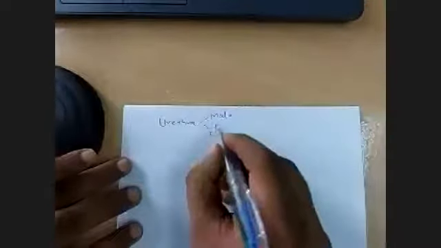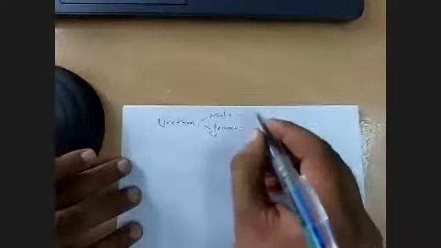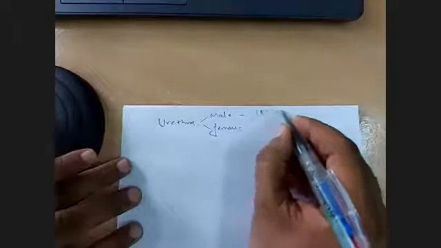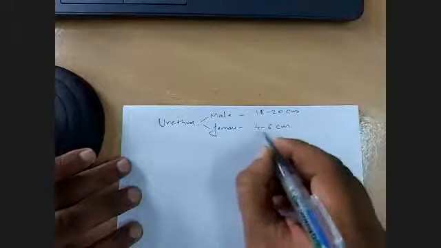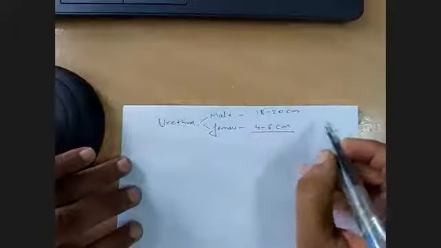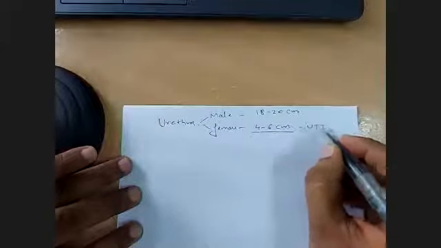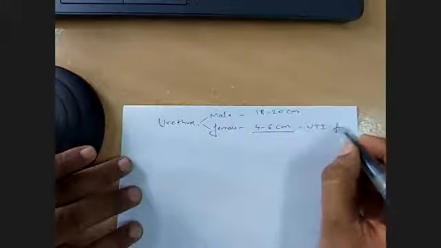So we are starting with today's session, and today's session is on urethra. Of course, when we talk about the urethra, we will have to talk about the male urethra separately and female urethra separately. Because male urethra is 18 to 20 centimeter long, while female urethra is only 4 to 6 centimeter long. And here you can distinctly understand the reason why urinary tract infections are more common in females.